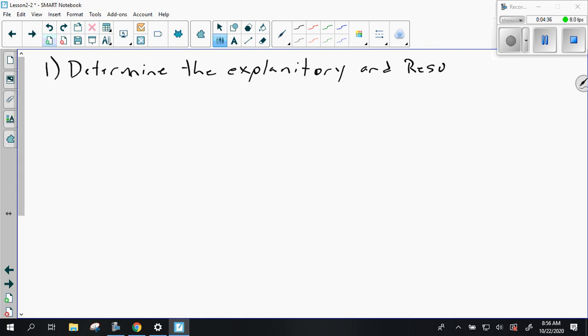We're trying to think, hey, does sugar affect the amount of calories, or does calories affect the amount of sugar? And we're being asked for the relationship between the amount of sugar and the number of calories. So I would determine that our explanatory variable is going to be